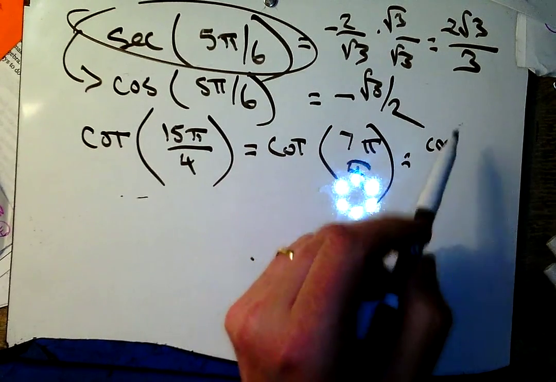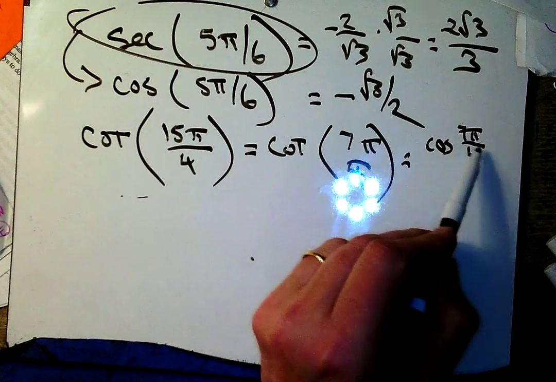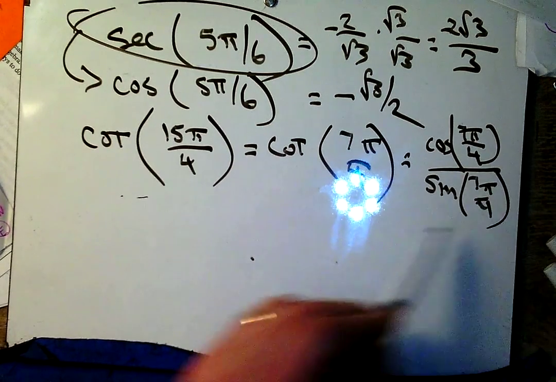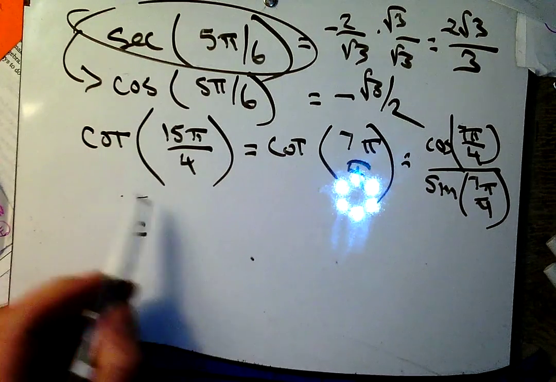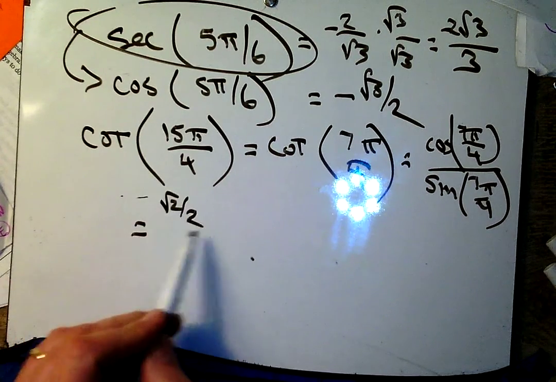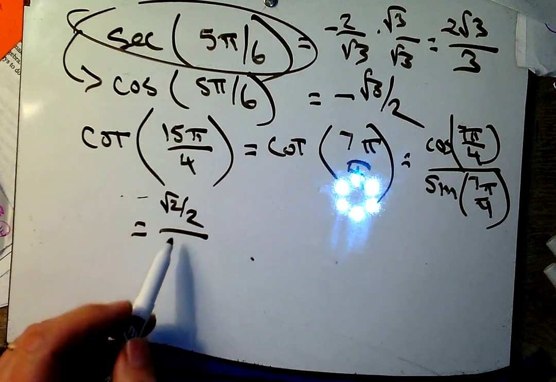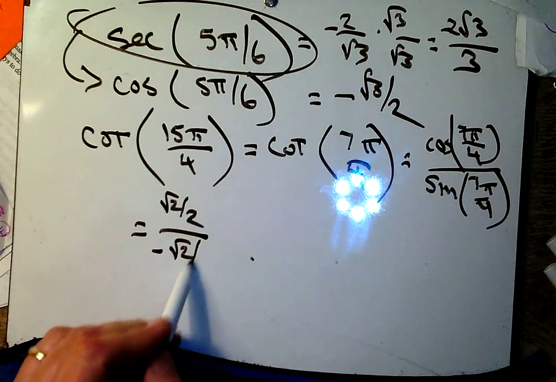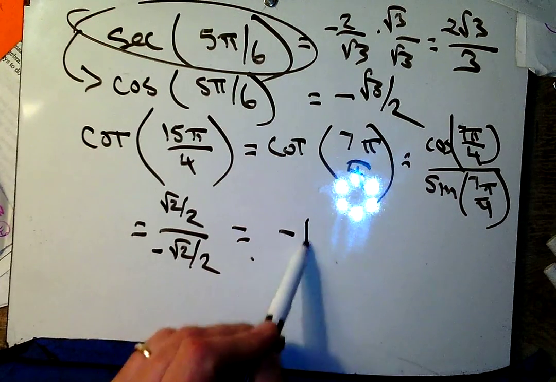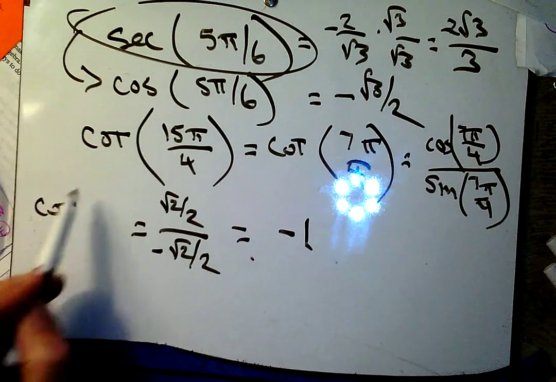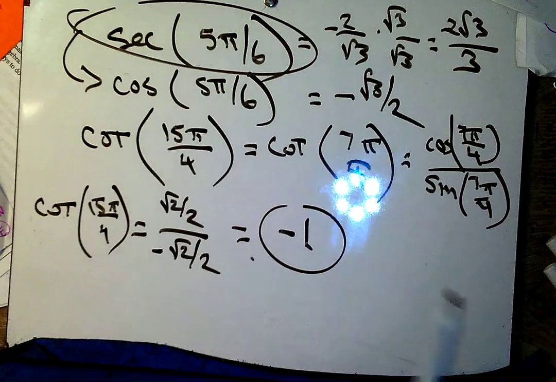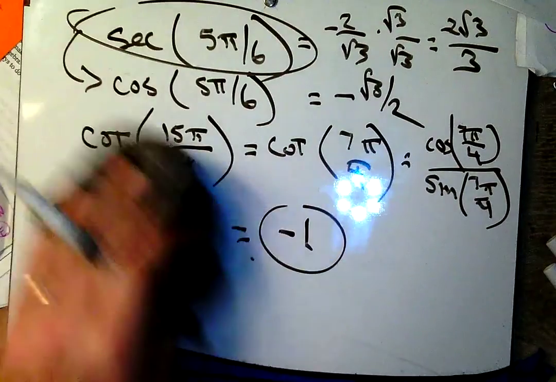And while that is on the unit circle, I still may not be comfortable. So maybe you want to say, well, cotangent is cosine over sine. We know the cosine of 7 pi over 4 is root 2 over 2. And the sine of 7 pi over 4, well, in the fourth quadrant, sine is negative. So I get negative root 2 over 2. And that's going to give me negative 1. The cotangent of 15 pi over 4 is negative 1. Fabulous. Okay, how about